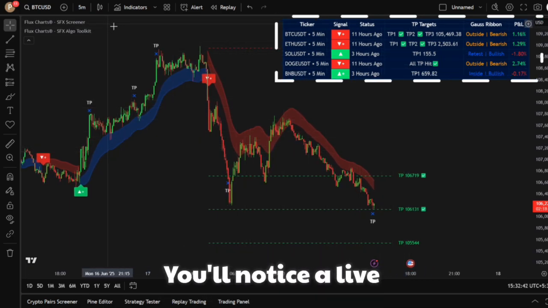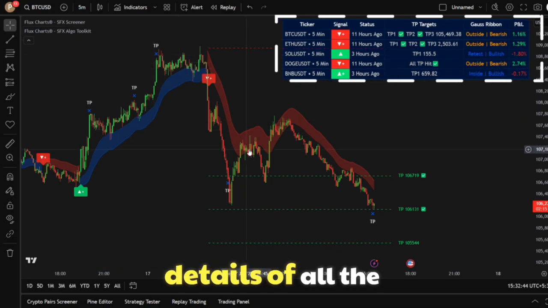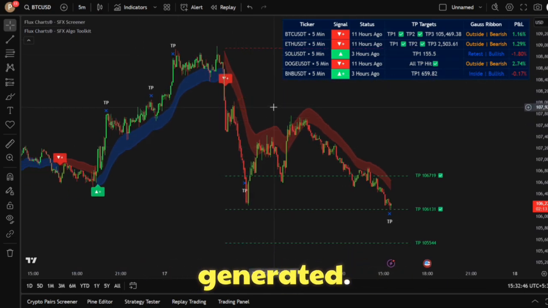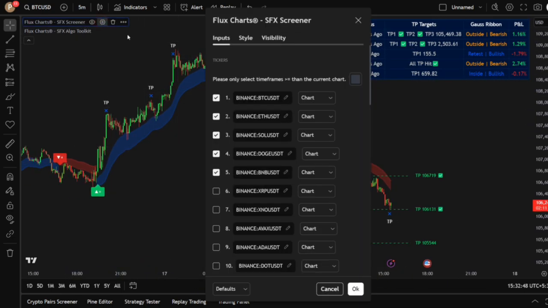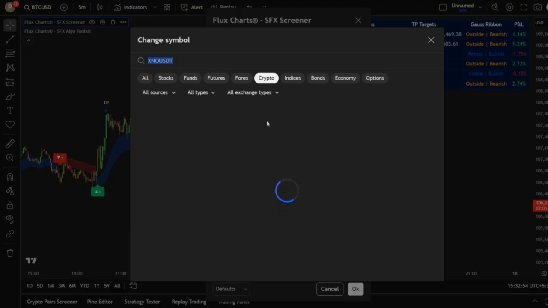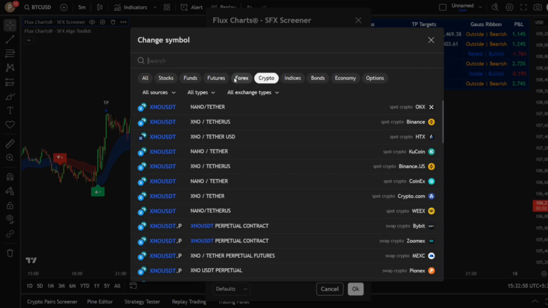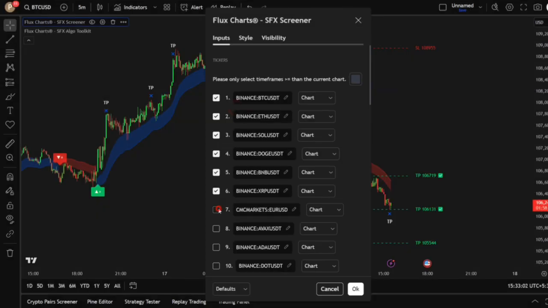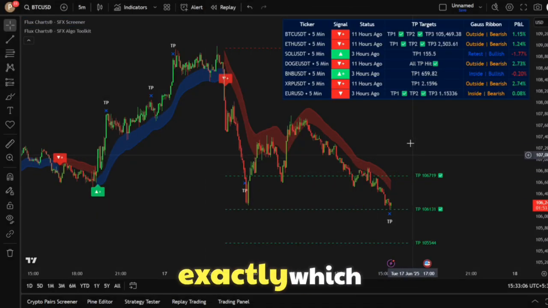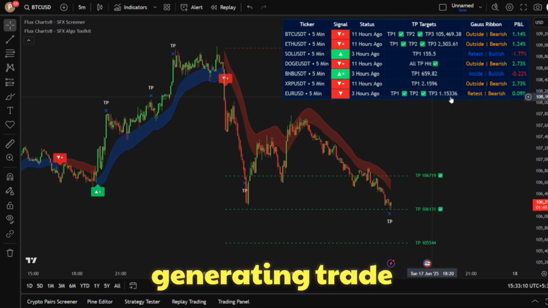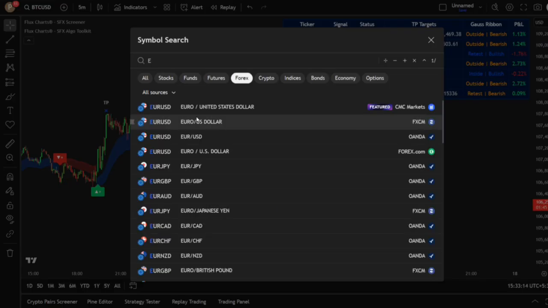You'll notice a live table view, showing the details of all the trades where signals are currently being generated. This means you'll know instantly, and you can choose to take action without delay. Thanks to this feature, you don't need to monitor every chart manually. With just one indicator, you can keep an eye on the entire market in real time. It shows you exactly which coins or assets are generating trade signals, so you can focus your attention where it